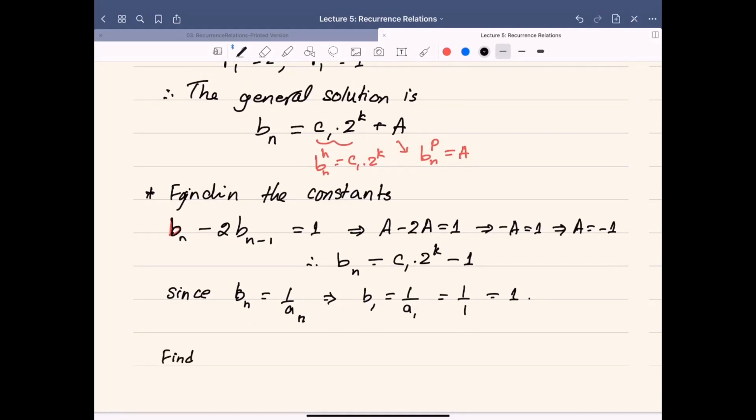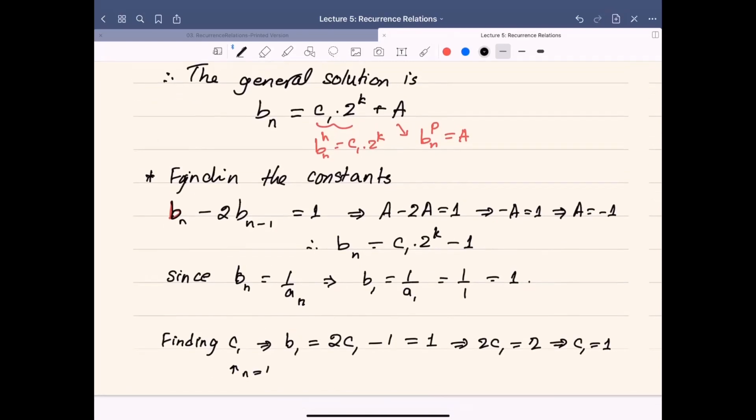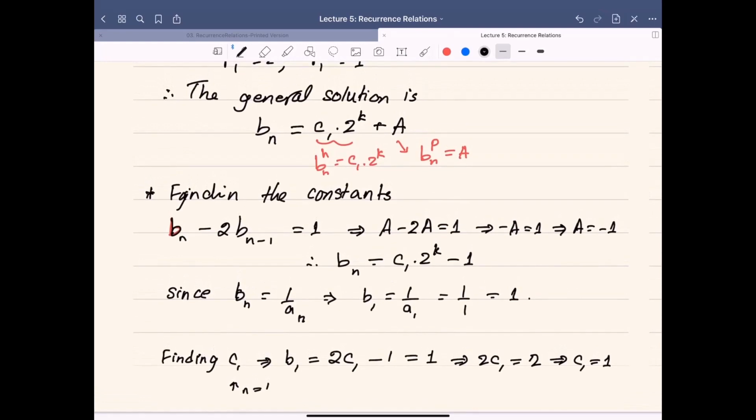So finding C1, and n is equal to 1. So you substitute into this equation. So what you will get? You will get B1 is equal to 2 C1 minus 1, and B1 is 1. So from this equation we have 2 C1 is equal to 2, and C1 will be equal to 1. So when we substitute for C1 into this equation, we will have Bn